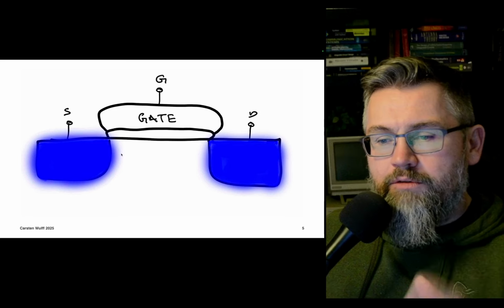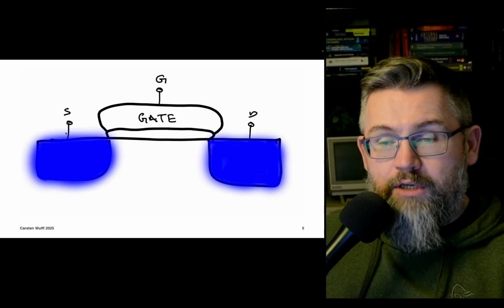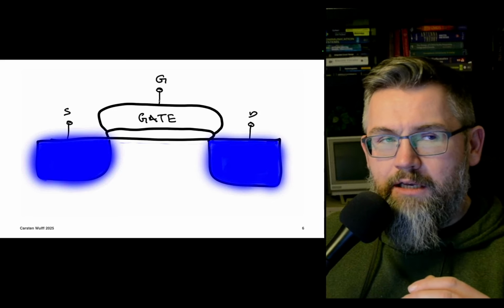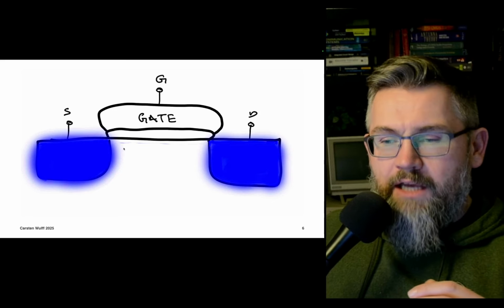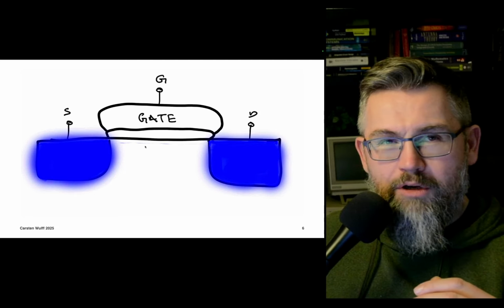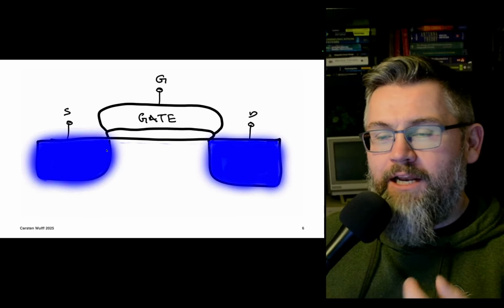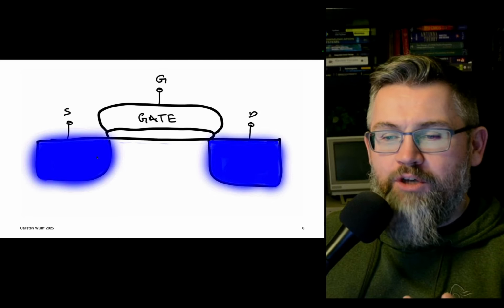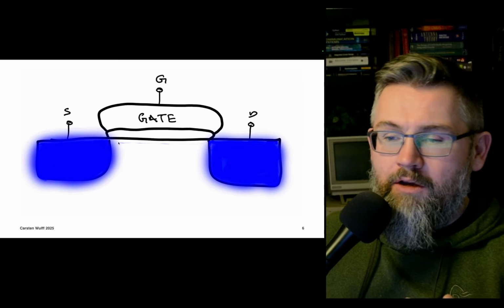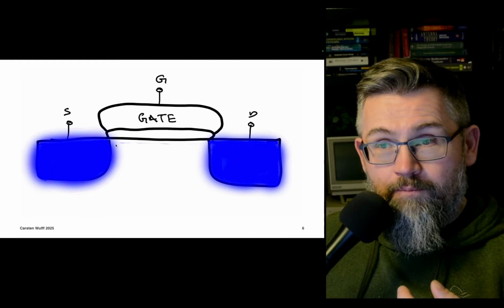But in principle, there is not much current if the gate voltage here is the same potential as the source. As we start building up a small potential, so we increase the gate voltage, then something happens. So we can see that now there's maybe a little bit of blue underneath the gate, and these are electrons. These are electrons that now have enough energy to jump the barrier from the source side to the bulk, and underneath here there'll probably be what's called a depletion region, or a region that doesn't have that much mobile